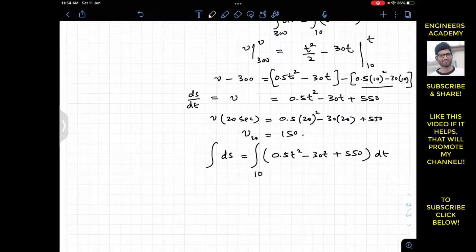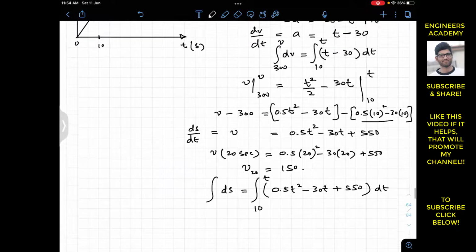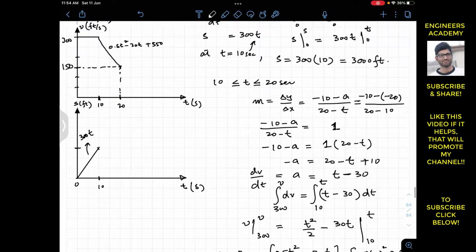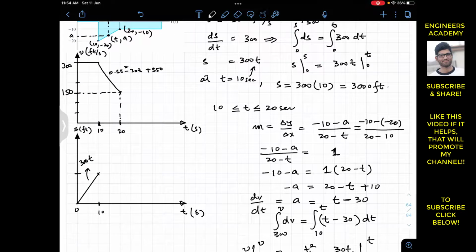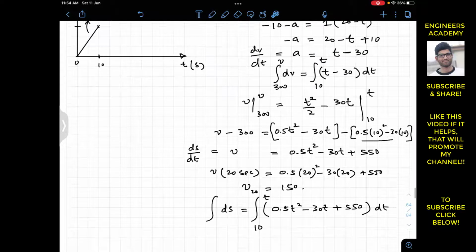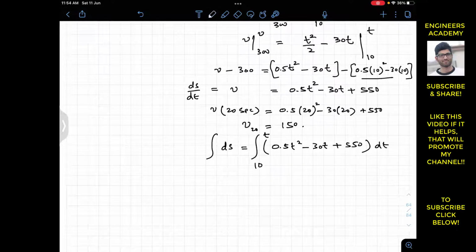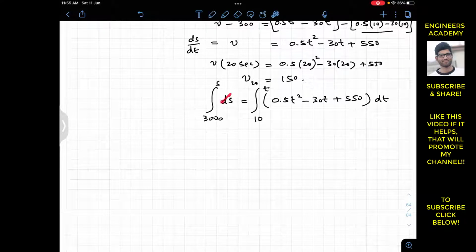Now we need to integrate this from 10 to t, and when t equals 10 seconds, s is equal to 3000 feet, right? So we need to integrate this from 3000 to s. Now if we integrate this, again this d will cancel out and we will be left with s